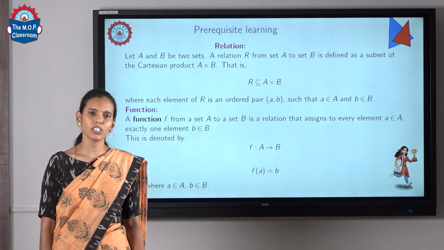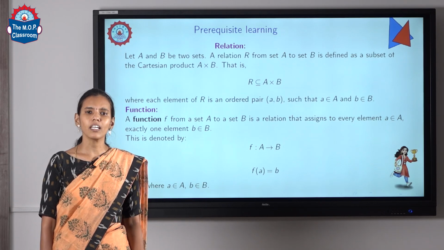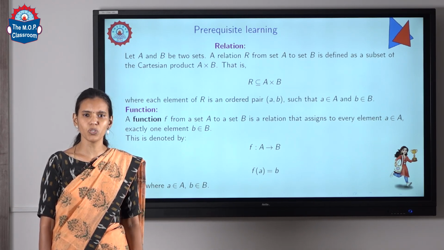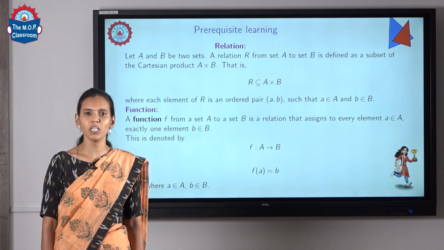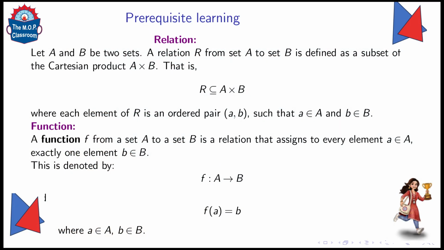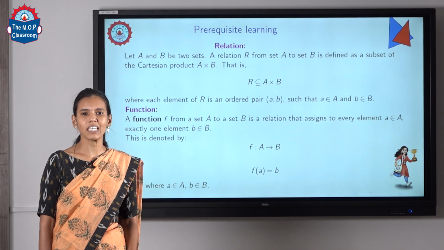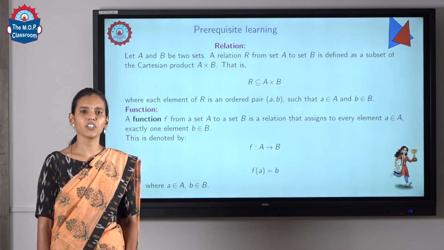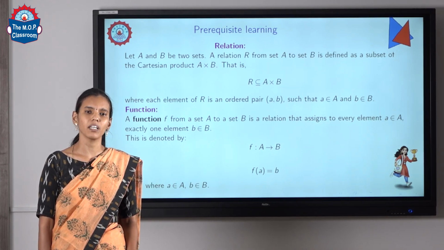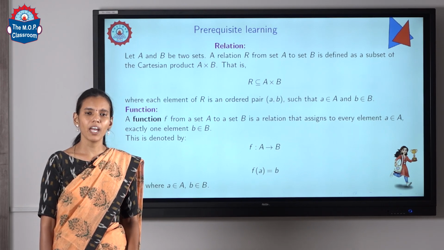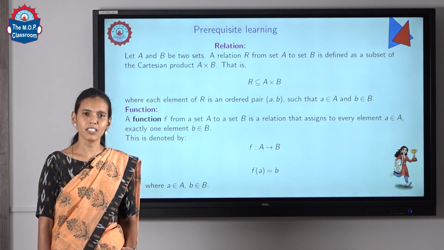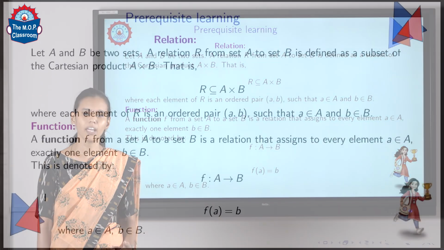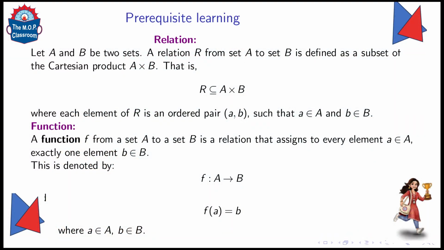The next definition that we are going to see is relation. In order to define a relation, we need two sets. Here we have taken two sets to be A and B. A relation is nothing but a set of ordered pairs (a, b). The next definition is function. In order to define a function, we need two sets A and B. The function is represented by f. f is from A to B. That means if I take an element from A and operate the function on it, the resulting element will be in the set B.